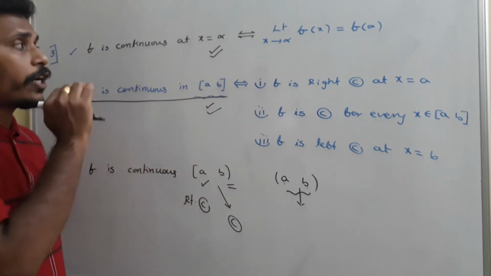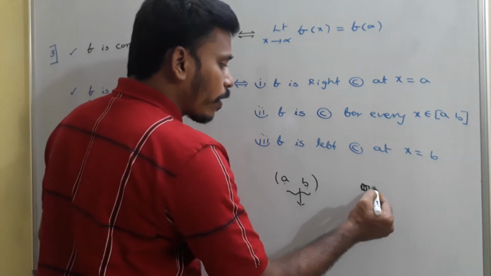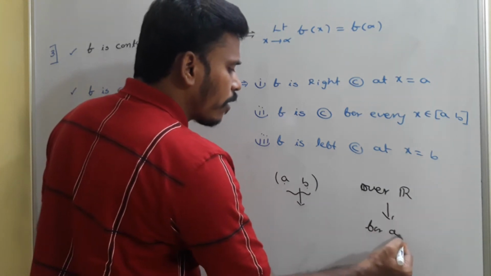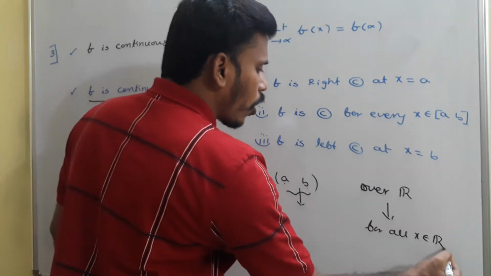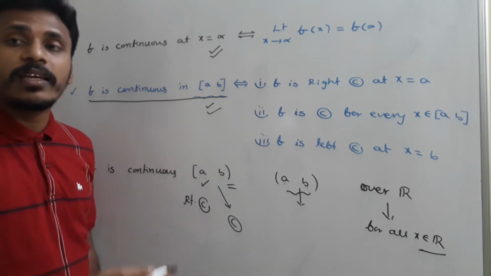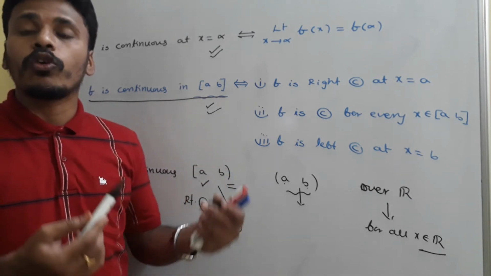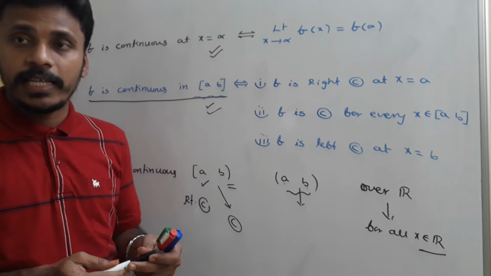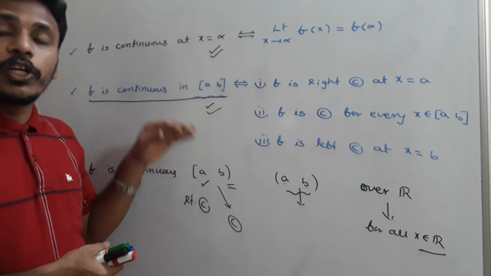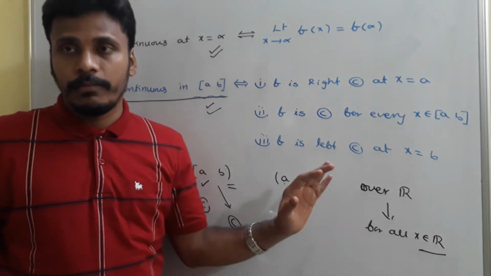You just have a look. Continuity at the point, continuity in the interval. Suppose I say f is continuous over real numbers, f is continuous for all x belongs to R. For all x belongs to R, in the sense that for every real value of x the function is continuous. When you sketch the graph of the function in the real plane, the function is continuous without any breaks, then those functions are usually mentioned as continuous over real numbers. So continuity at a point, continuity in the closed interval ab, continuity in the open interval ab, continuity over real numbers. You just have a look.